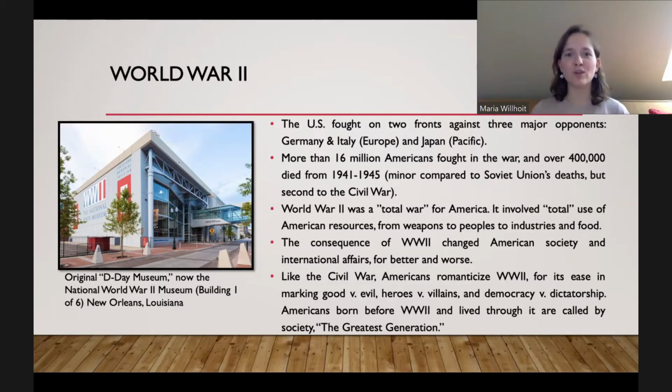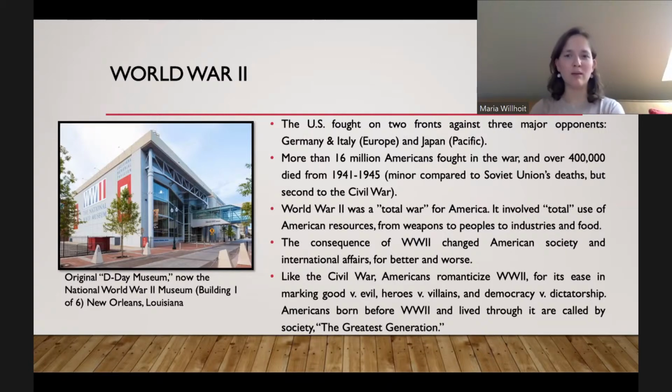And it kind of shows you how Americans, in my opinion, really want to focus on the war, World War II. They want to learn more about it. They're not enthralled by it, but engrossed in it, meaning they're really invested in it because, again, I think it lends itself to a good versus evil story, a heroes versus villains story. And I think that's one of the reasons why we continue to focus on World War II and we don't really focus on the Korean War. We don't focus on the Vietnam War. Even today, we have a hard time talking about the Iraq and Afghan wars because they don't fit into that simple dichotomy of good versus evil.